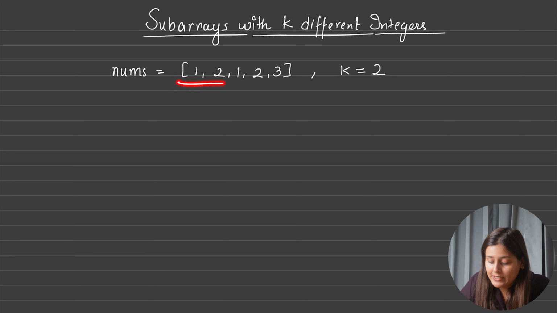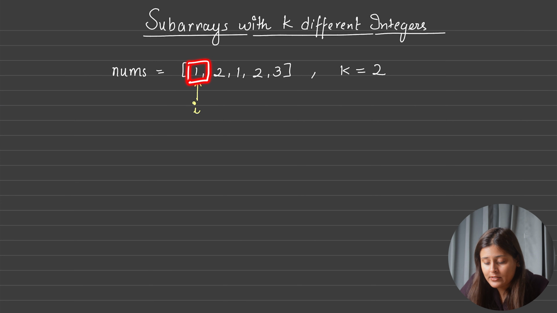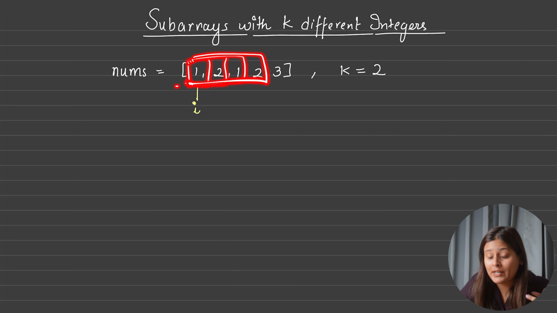The question says we will be given an integer array and we have to count all such subarrays, correct? So when I want to count all such subarrays, I know I can use 2 pointers, meaning 2 for loops. How? First index I will keep at this, suppose I here. I want every subarray starting with this index, so I will count like this, then this, then this, and then this. For every subarray the condition needs to be fulfilled: there should be exactly 2 unique numbers.